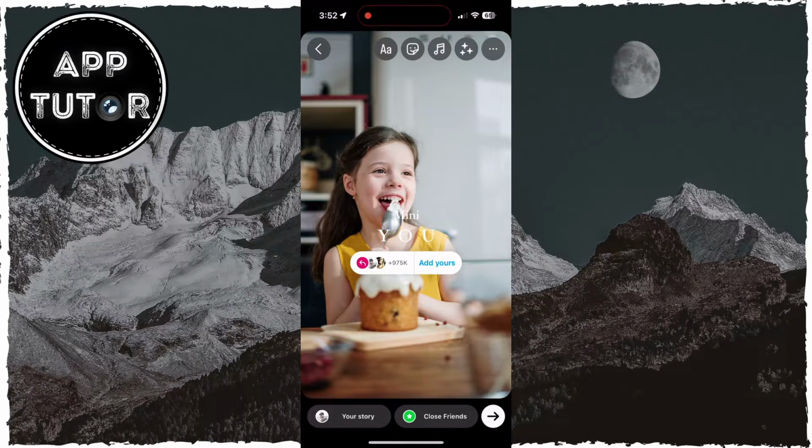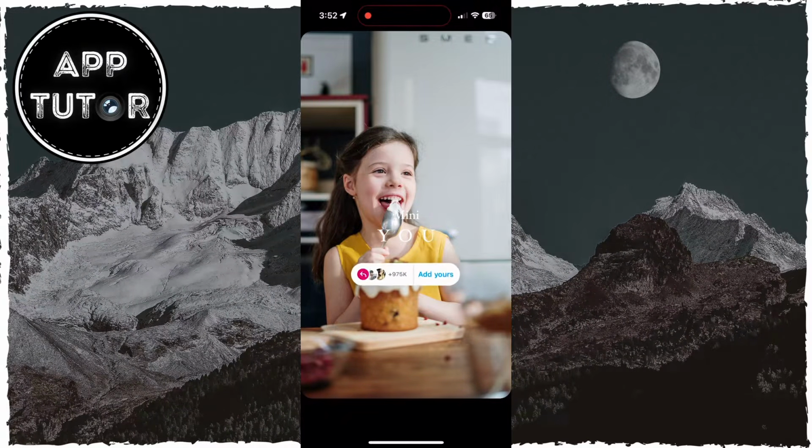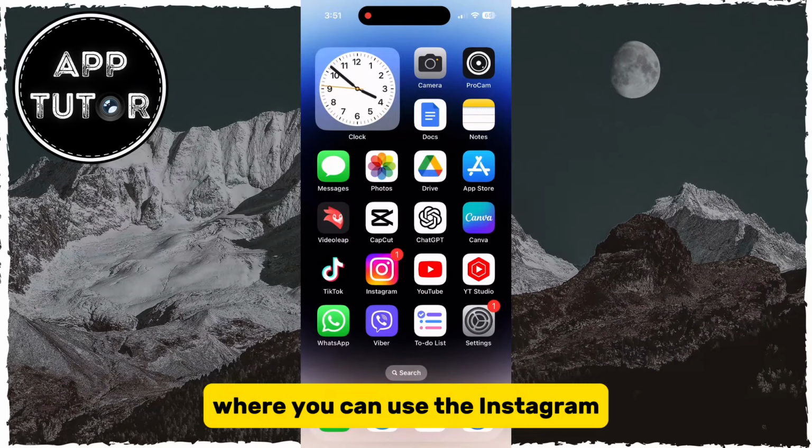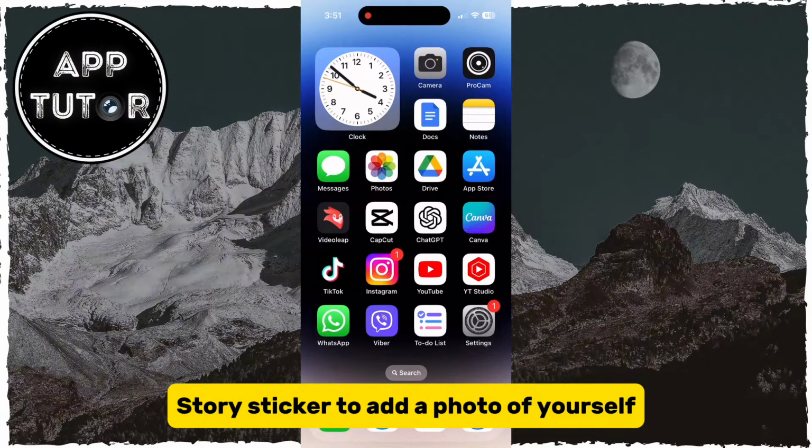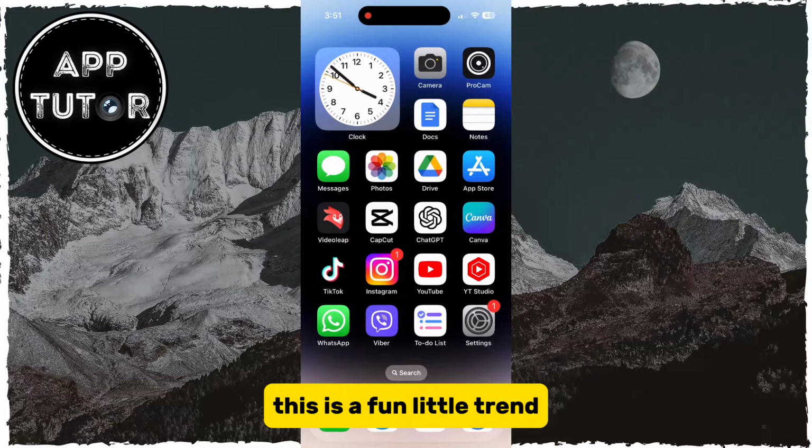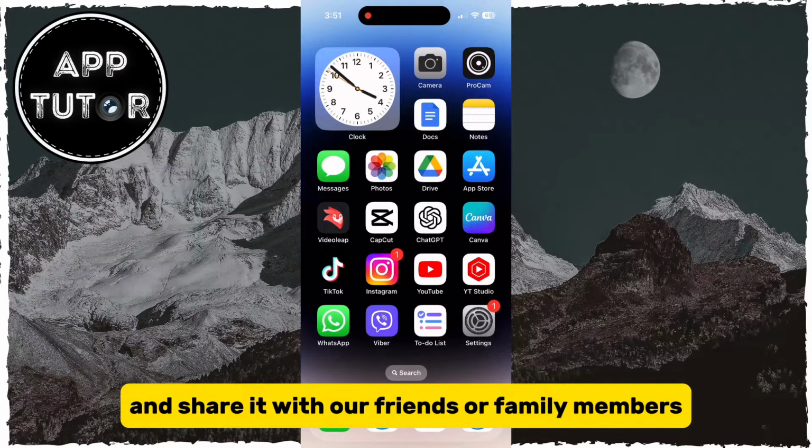In this quick video, we will learn how to create the new Mini You Instagram story trend, where you can use the Instagram story sticker to add a photo of yourself when you were little. This is a fun little trend, and let's learn how to create this and share it with our friends or